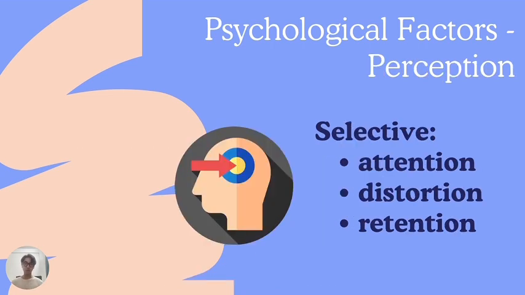Another interesting psychological concept is perception, which describes the unique ways that individuals perceive the world through selecting, organizing, and interpreting information. So this can boil down to three main perceptual processes. The first one is selective attention, which allows our brain to only pick up the most essential information. The second one is selective distortion, which states that people tend to interpret information in a way that supports their existing beliefs. The third one, in conjunction with the second one, is selective retention, explaining that people tend to remember more favorable information. So marketers need to understand the significance of perception to effectively capture customers' attention and deliver the intended message.